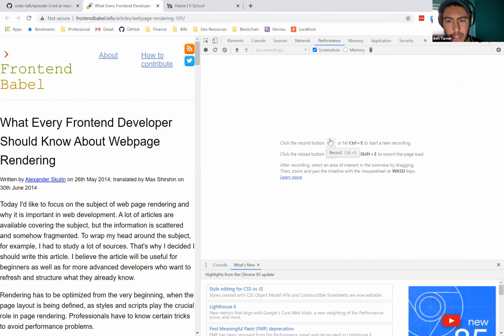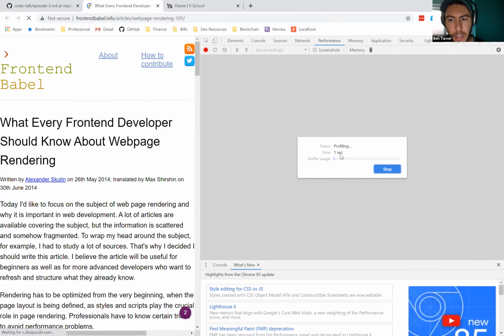And notice what we're basically going to do is tell Chrome to record our visit. So I'm going to go ahead and hit Control-Shift-E to record the page load. And it'll do this whole thing. Takes a second.